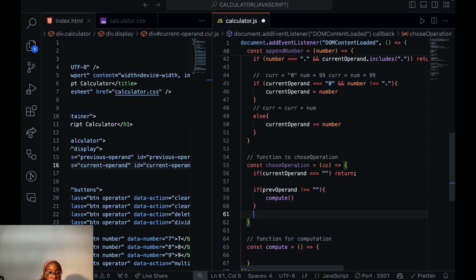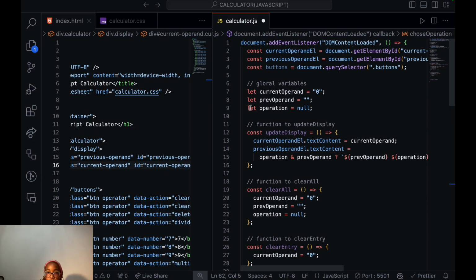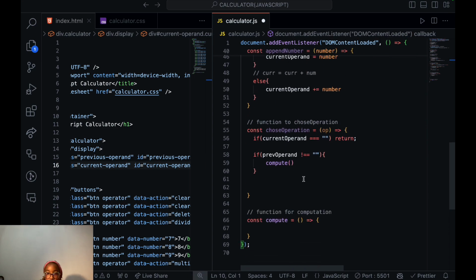Now in choosing our operation here, we defined our operation to be equal to none. So the operation here will be now equal to this,